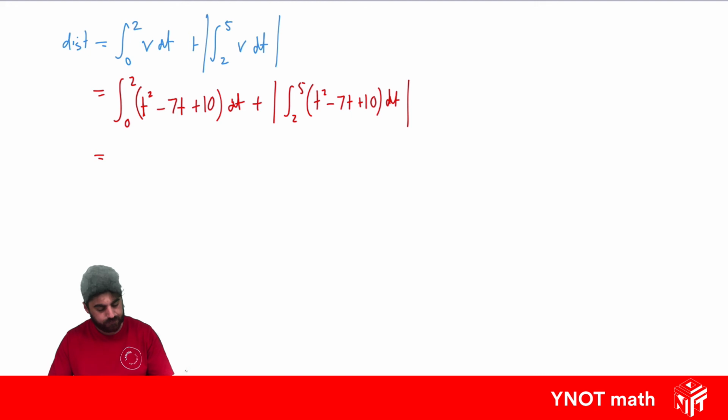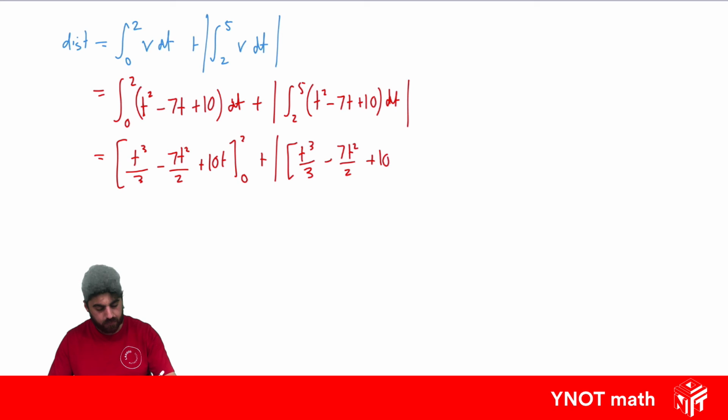So let's integrate that. So we're going to get t cubed over 3 minus 7t squared over 2 plus 10t, so that's just our displacement function, plus the absolute value of the same integral, this one's between 2 and 5, that's all absolute value. And now we need to go ahead and sub all these in. So we're subbing 2 first. So we get 2 cubed over 3 minus 7 times 2 squared over 2 plus 10 times 2 minus, well, when we sub in 0, we're going to have 0, 0, and 0